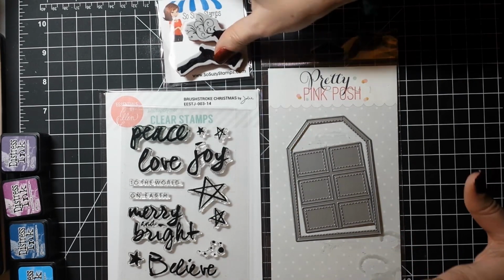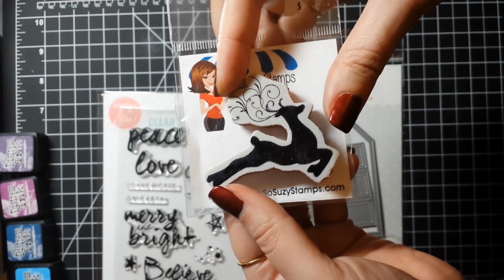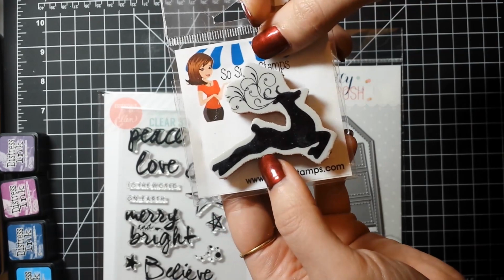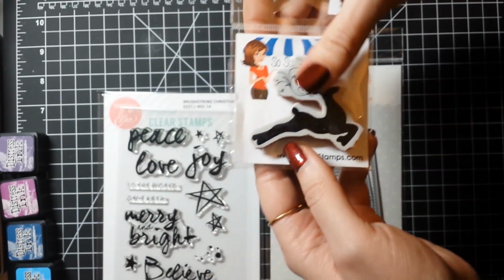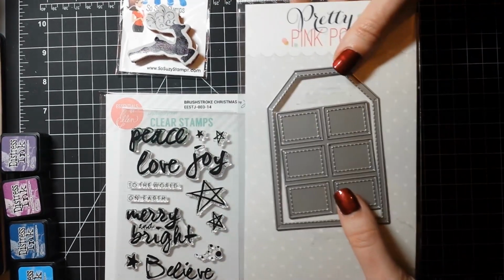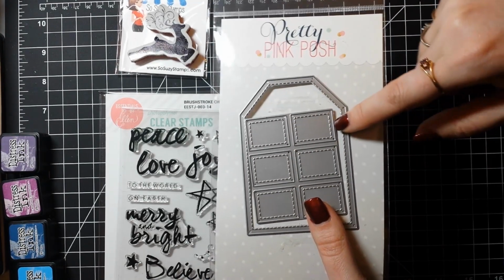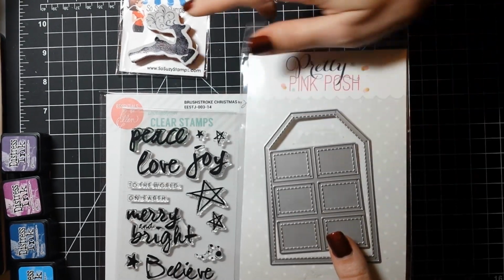For today, I really wanted to use this ridiculously cute reindeer stamp from So Susie Stamps. So the card kind of evolved from there. At first, I thought I was going to do a shaker card or maybe a snow globe, but then when I started thinking about it, I decided to pull out my Stitch Dies from Pretty Pink Posh with the window panes and the big tag, and started thinking about, well, you can look out the window and see the